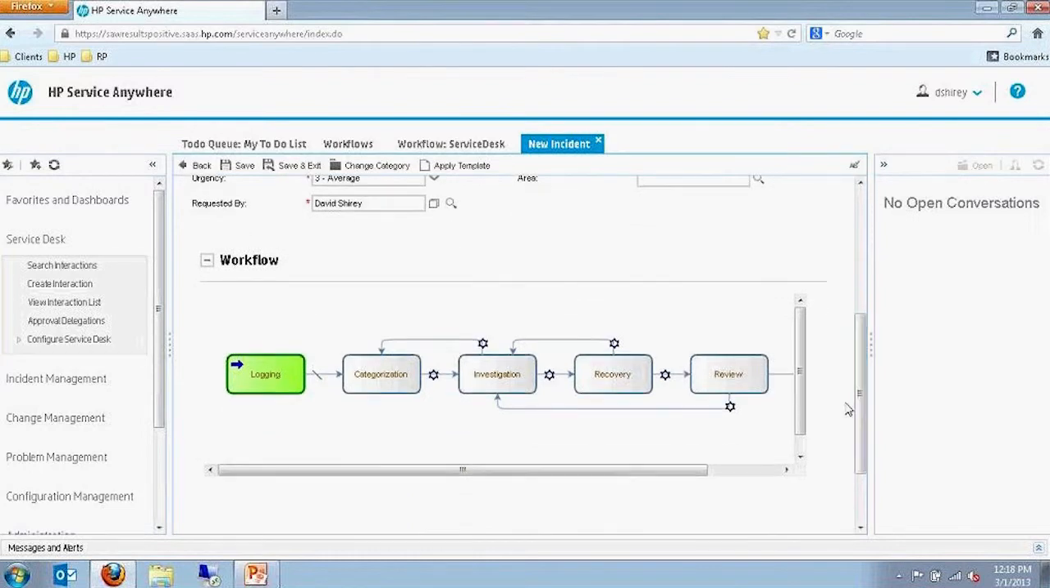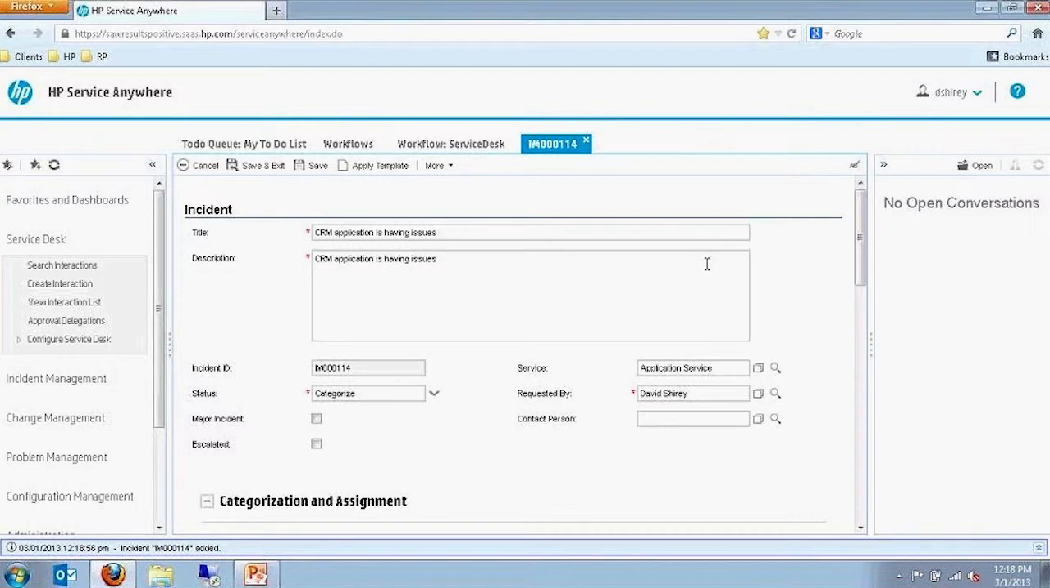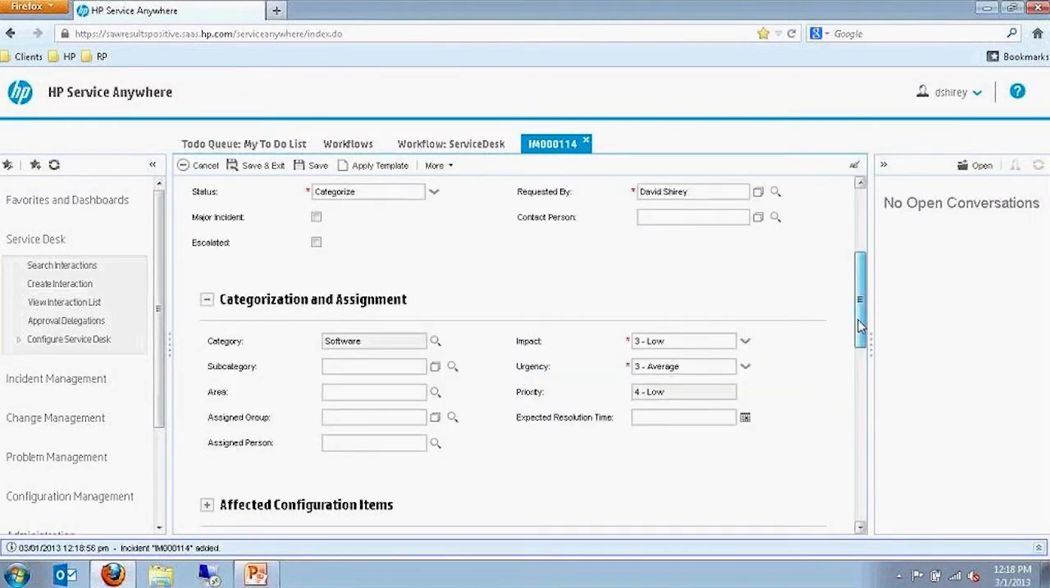What you will see, though, is that since we're creating and generating a net new record within the system, we're back to, within the workflow of the incident side, the logging phase. I don't have to enter anything else in. I can simply save this. It will generate a new incident record for me, and at the same time, it will move me into the